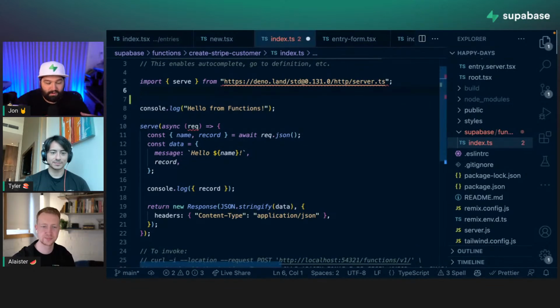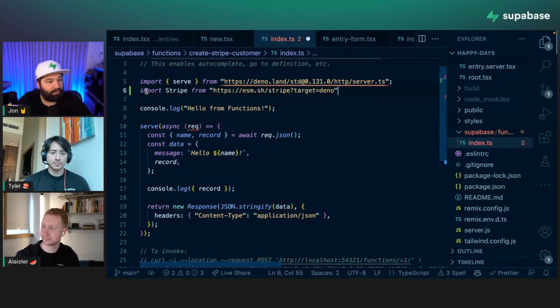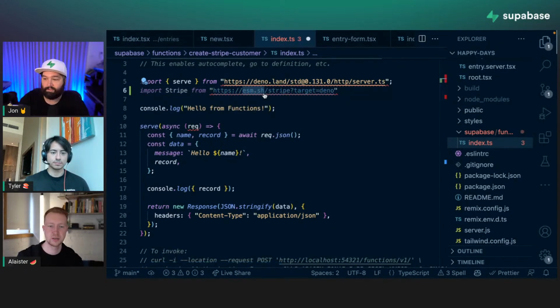So the way that you do npm packages in Deno world is with these imports. You don't actually do npm install whatever. You can just import it directly from a URL. And so Alaister has kindly gone and found me this URL, which is from esm.sh. So if we open that up,